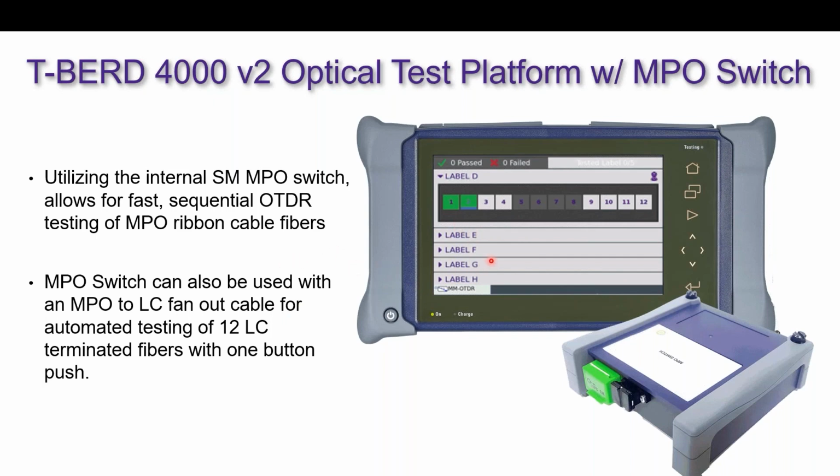The other thing that an MPO switch can be used for is we mentioned breakout cables, where it's not the same connectors on both sides. Maybe you've got MPO going in and you've got LCs on the other side. Well, in that case, we can plug a breakout cable